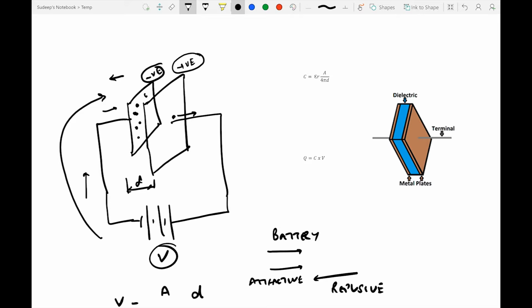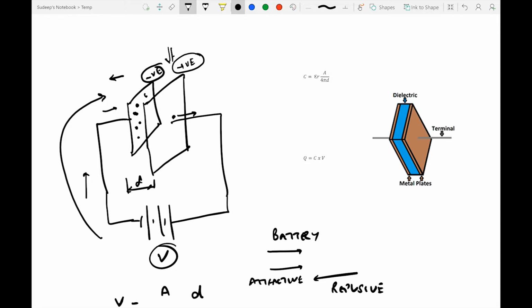If it is closer, the repulsive force on the other plate, forcing the electrons to push out, would be higher, and we would be able to push out more electrons. And similarly, because of the positive charge, if the plates are close by, they would be able to attract a higher number of electrons in the first plate. So by having two plates very close to each other, we have been able to store a good amount of charge. But in order to increase the capability of the capacitor to store charge, we